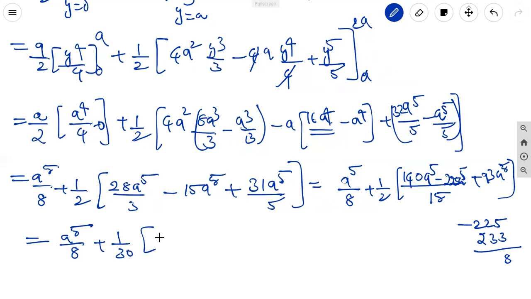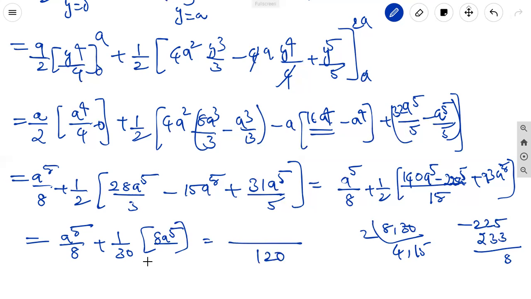That is nothing but here 8 a to the power of 5 by 8 plus, so it is outside. Next, 8 and 30 LCM: 2 4s, 2 15s, 15 4s are 60, 60 to 120. 120 means here 15 a to the power of 5 plus into 4, 8 4s are 32 a to the power of 5. It is equal to 47 a to the power of 5 by 120, is the answer.